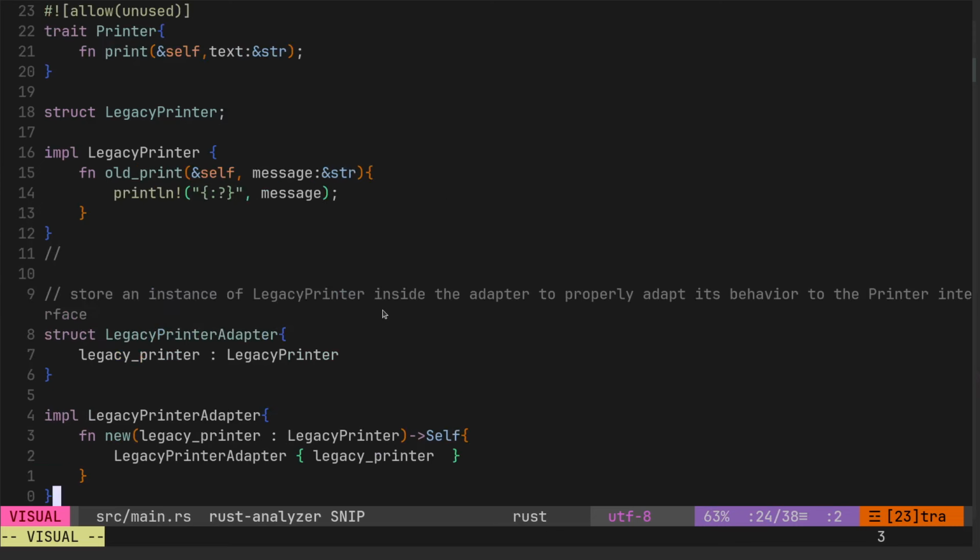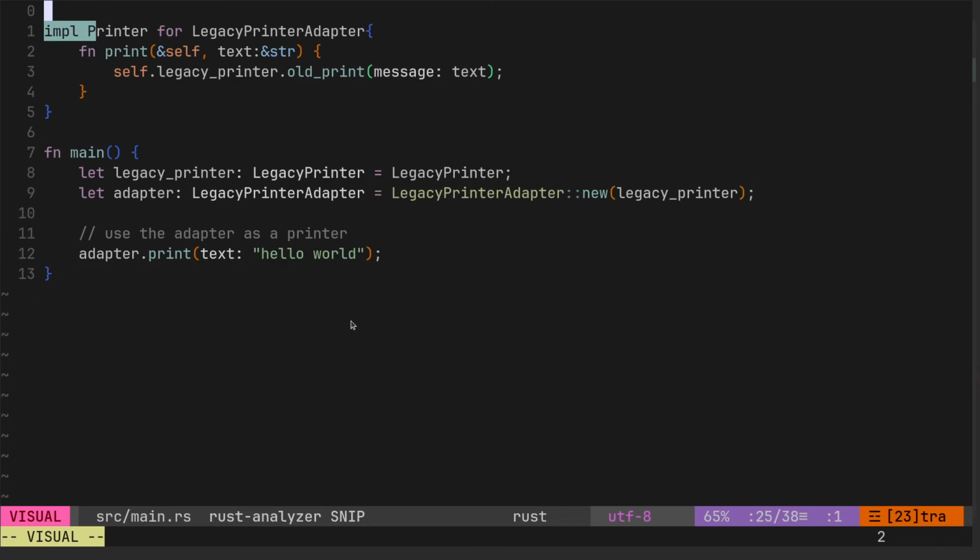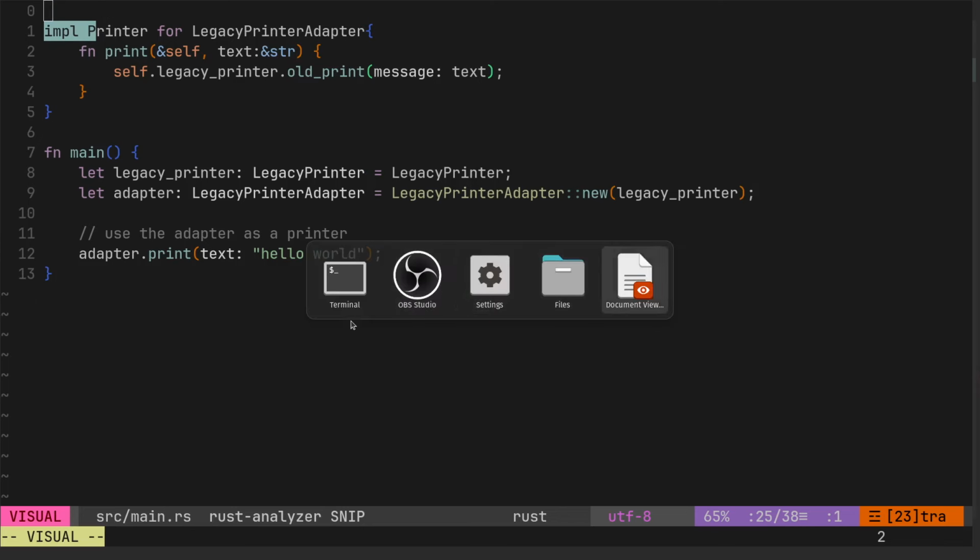I don't know if this is the best example. If anyone can comment or point me in the direction of a more easy to follow one, it just seems we've got lots of legacy and lots of printer and lots of adapters here. I don't know if this is the best way to learn this, but